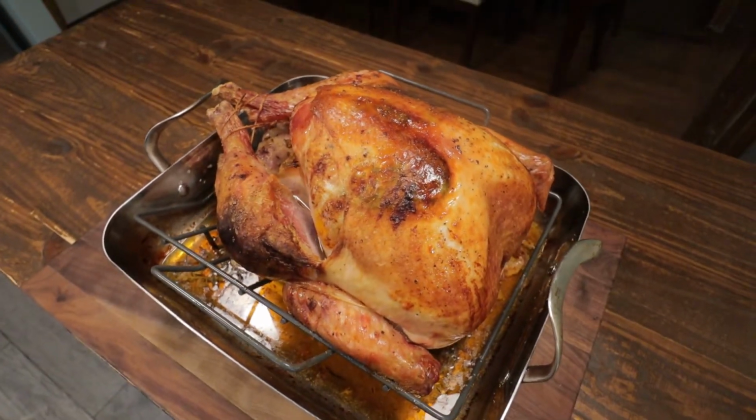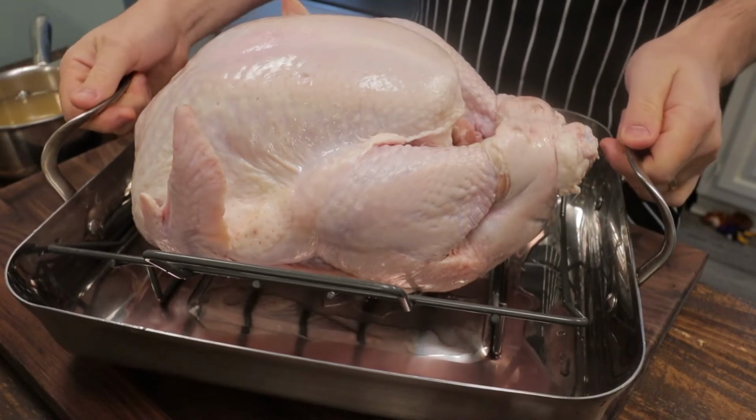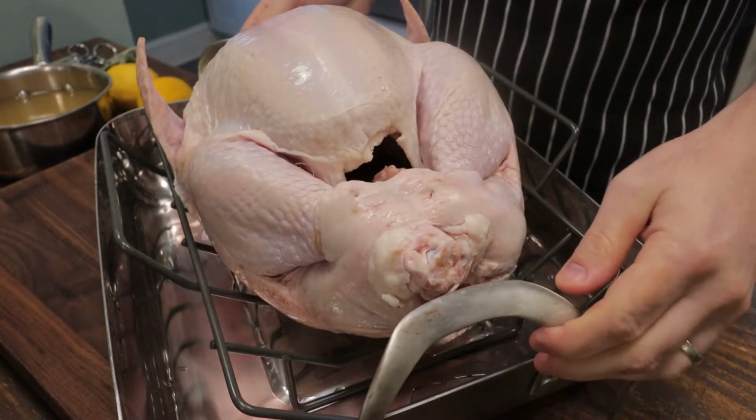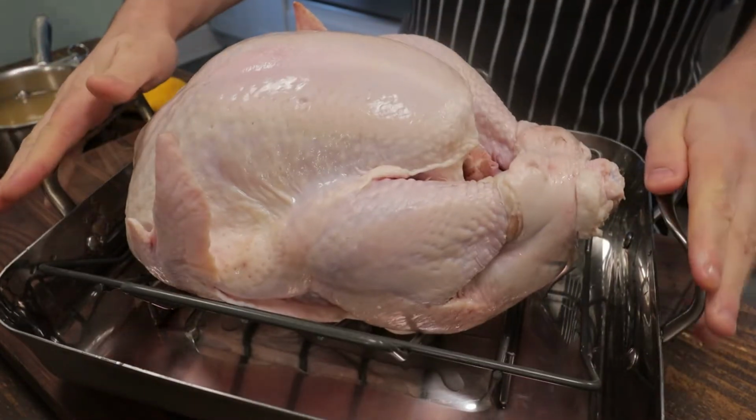Video, I'm going to show you how to make a juicy, flavorful Thanksgiving turkey. I'm going to do this step by step. First thing you want to do is check the package of the turkey to see if it was brined or injected. And this turkey happened to be brined, so we could skip that step, otherwise it would be way too